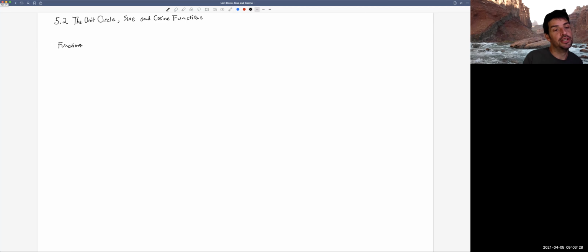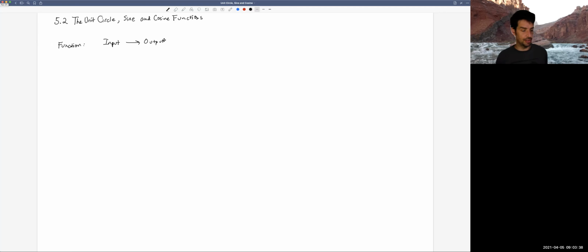A function will have an input leading to an output, right? It's pretty much that simple. There are some little details. Each input can only have one output, but that's the basic idea. You give me something, I'll give you something back. And if you give me the same thing, I'll always give you the same thing back, so that they don't change. If you have a different input, you'll get a different output, but the same input will always lead to a certain output. One way we can think about how this output happens is as a set of instructions,